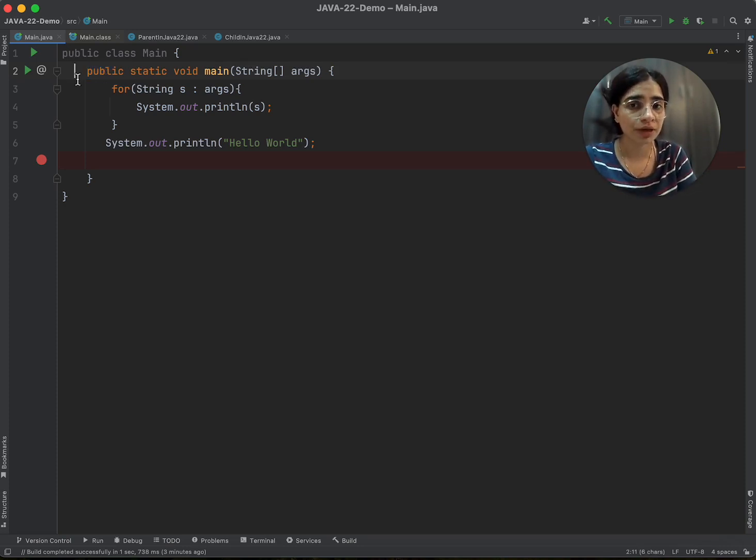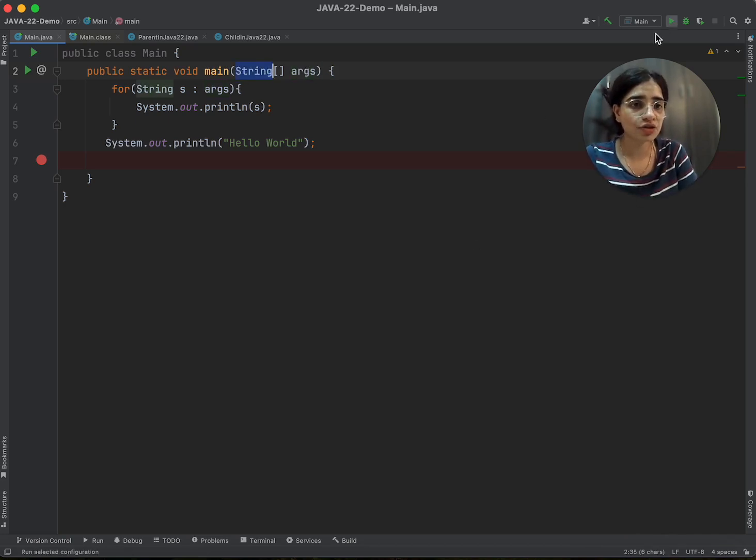If I talk about this main method, we have public. Public stands for access modifier. It can be accessible from anywhere in the code. Then this static represents that this main method is not associated with the object, but it is associated with the class name. This void represents the return type of main, which is void. In any case, it will not return you anything. Main is the name of it, and this is string array arguments. This string arguments is used whenever you want to pass any data from outside of your code. Let's say you want to run a script and you want to pass some values inside your script from outside of your code, then you can pass it in the string array.